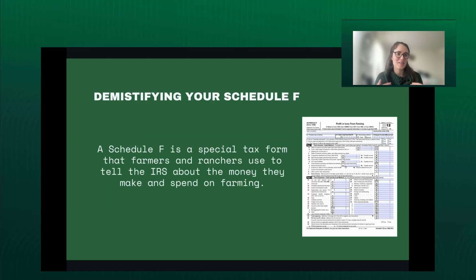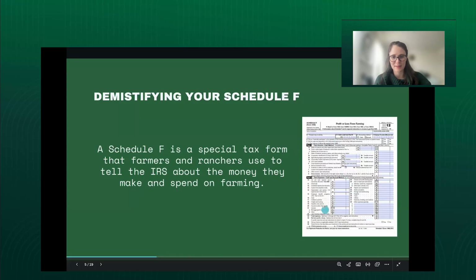And that's really why we're here. We're talking about how do we demystify the farm tax process and make that easier for producers. Now, at the end of the day, what you're solving for is filling out this form here, and it's 2